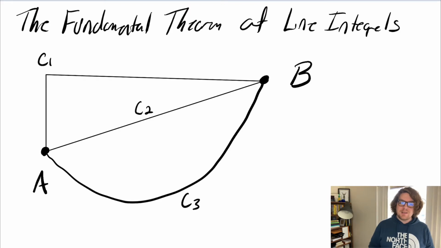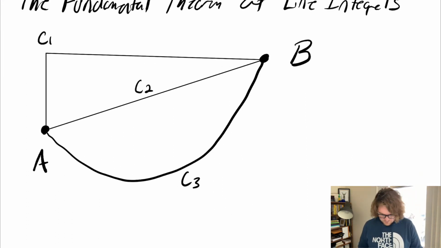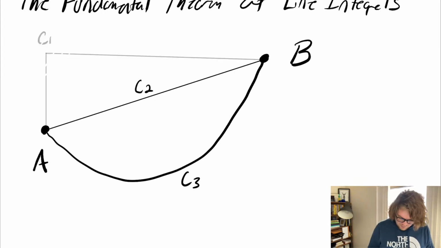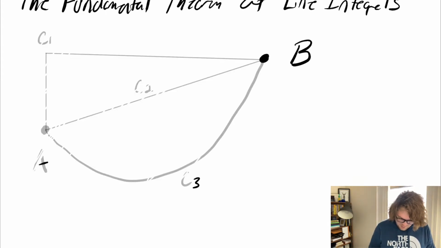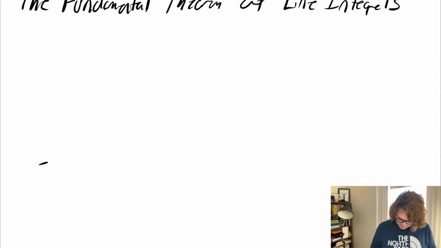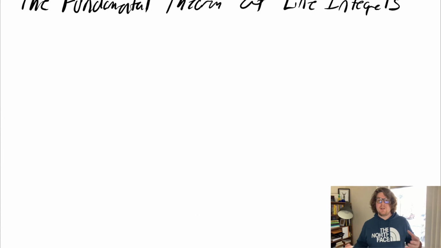And the reason that it's entirely independent of the path we choose to take is because that field that we're living in, the gravity field or the force field, was a conservative force field. Right? And this is what leads us into our fundamental theorem of line integrals. So our fundamental theorem of line integrals states, if we have some sort of a conservative vector field,